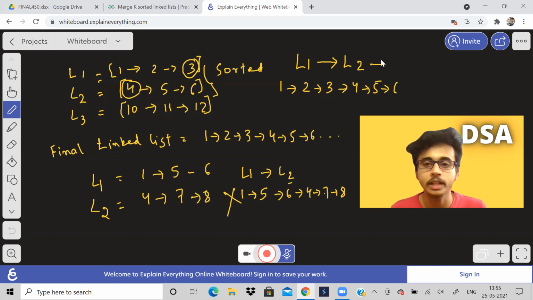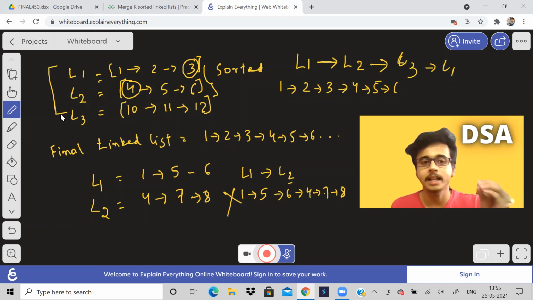We learned that we always cannot directly attach linked lists. Like we are given these n linked lists, right? We can't directly just attach and keep going like that. It is not possible. So that is where we have to use a priority queue or heap, because now we need to know the order in which we have to traverse the linked list.